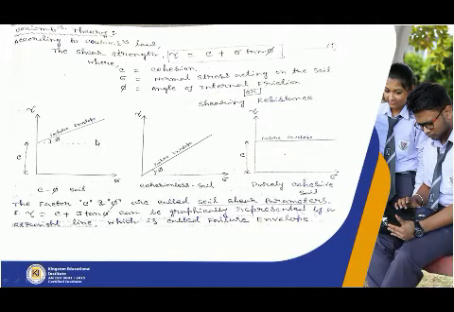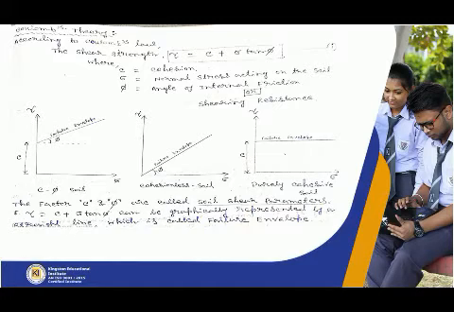When the graph is plotted, sigma is the x-axis and tau is the y-axis. Okay, and this is the C for cohesion. So when we consider a C-phi soil, this portion is the C, that means cohesion, and from that point we consider the angle phi; this is the failure envelope.